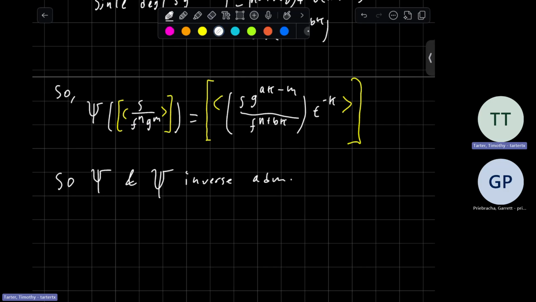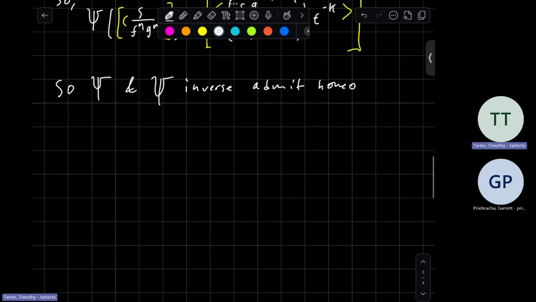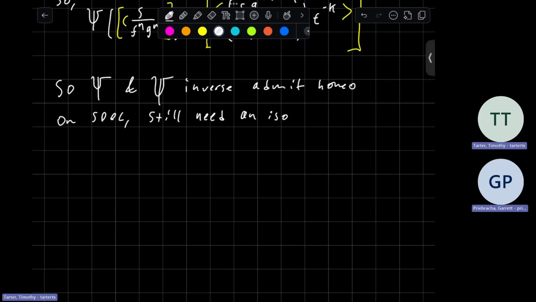Inverse, admit, homeomorphism on spec, but we still need an isomorphism of our structure sheaf, abbreviating heavily here,